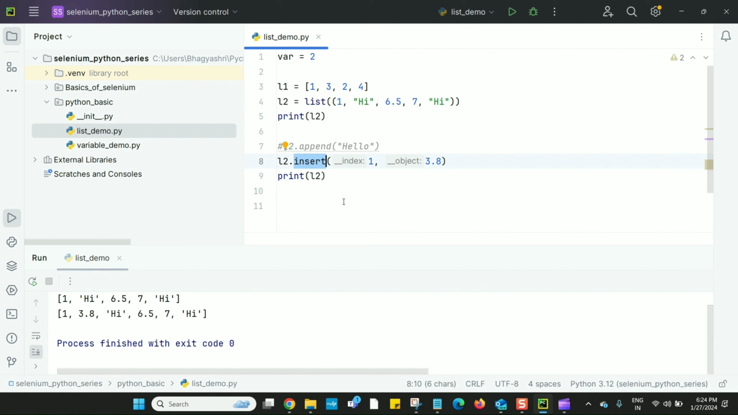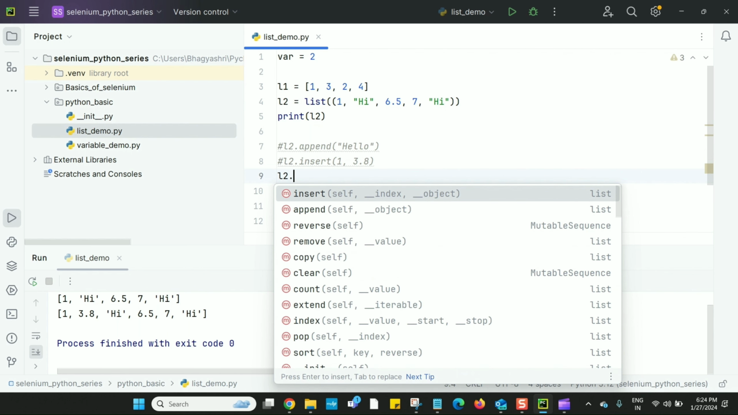Now these append and insert methods are adding only one element. Suppose I want to add multiple elements, then in that case there is a method that is extend. Okay, so we'll see. Suppose I want to insert 4 elements. This extend method will just extend the list, meaning it will add the elements at the end of this existing list. So I will write L2 dot extend,